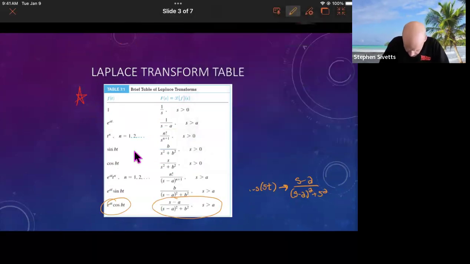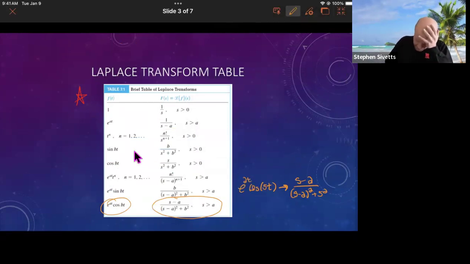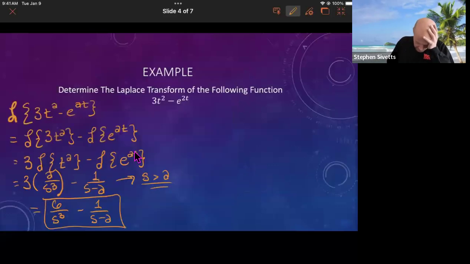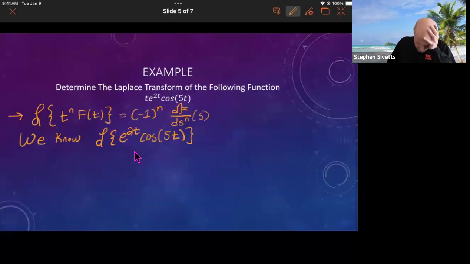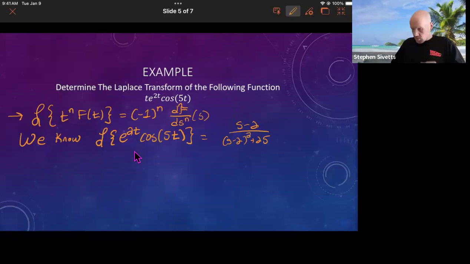Okay. So let me rewrite this. So e to the 2t cosine 5t. Hopefully you connected those dots there. So what that means is the Laplace transform here is equal to (s minus 2) divided by ((s minus 2) squared plus 25), right? Okay, so